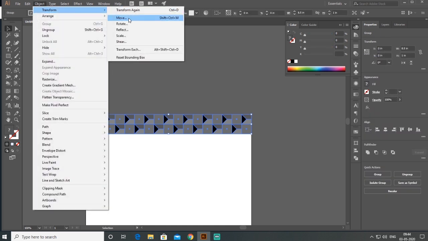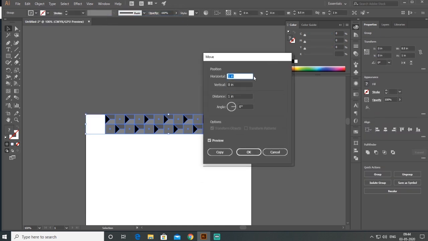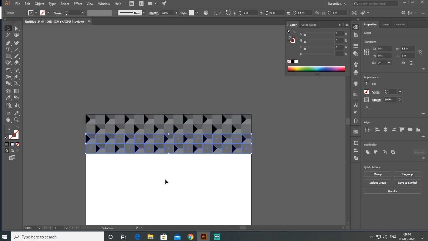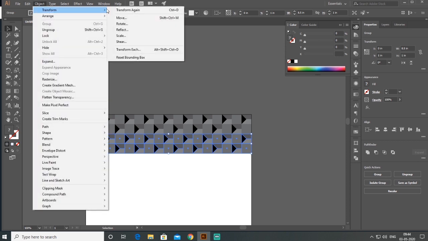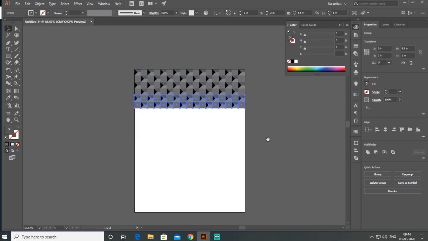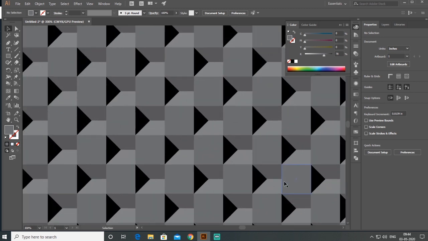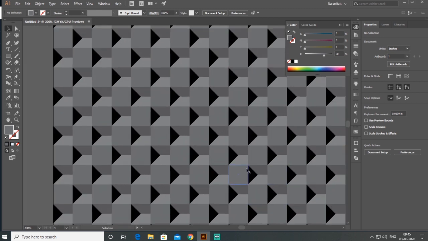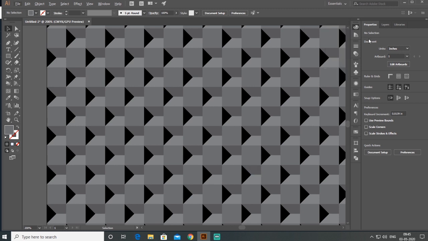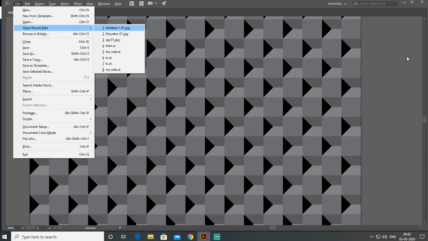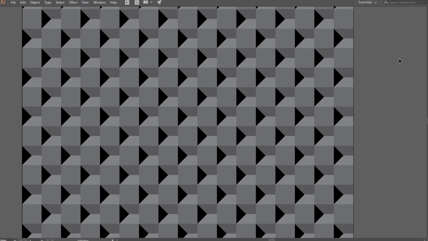Then go to Transform and move them horizontally 0, vertically 1 inch, and copy. And now I am using the same concept, Transform Again. So look how my 3D pattern looks.